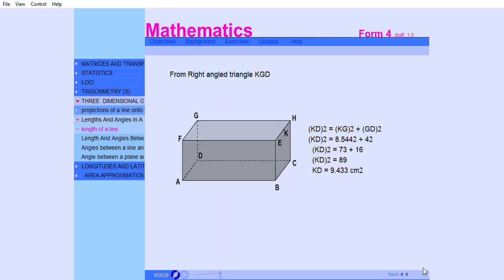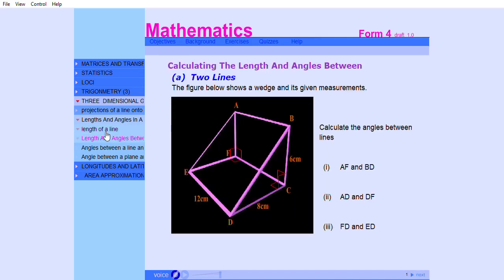Calculating the length KD of a line, we must consider triangle KGD in the figure below, right-angled at G. ABCD EFGH is a cuboid and K is the midpoint of HG, then KG squared equals EH. Solution to lines AF and by use of the angle between line F and